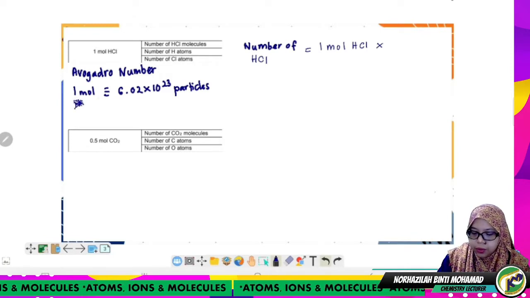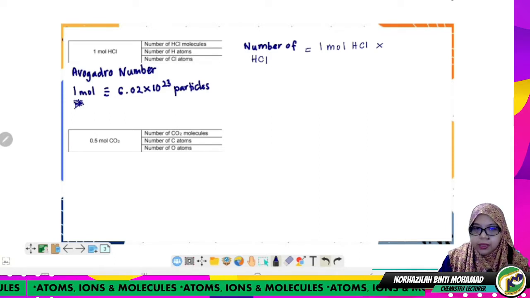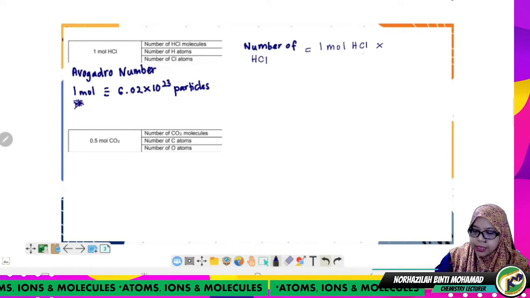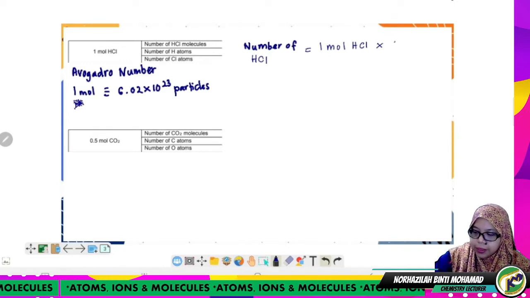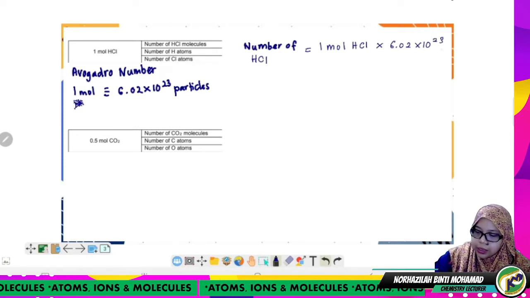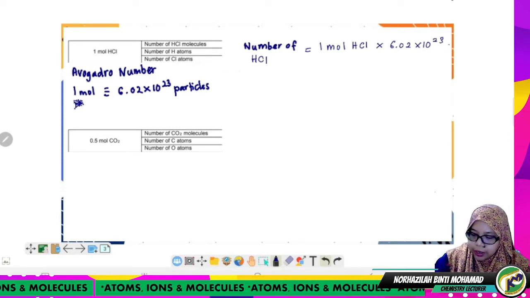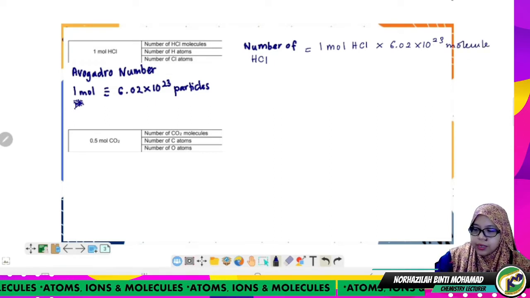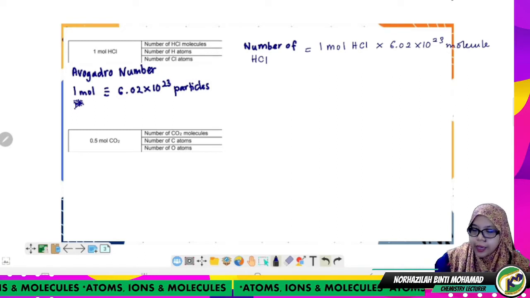For the Avogadro, 1 mole is equal to 6.02 10 to the power of 23 particles. It means that for 1 mole of HCl, we want the number of particles, so we put the number of particles at the top of the equation. Right now, the particle is a molecule of HCl, divided by